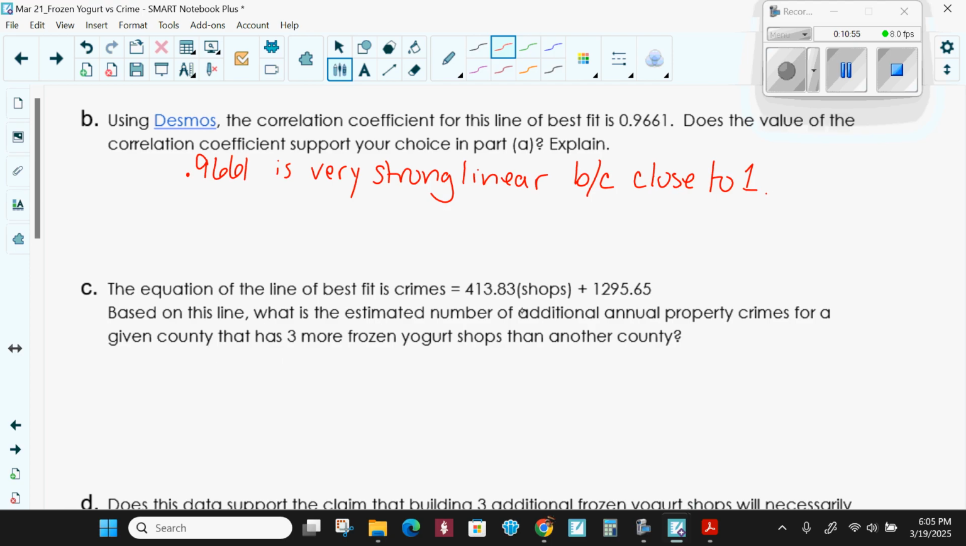Okay, this is the equation, they said. Based on this line, what is the estimated number of additional property crimes for a county given that 3 more frozen yogurt shops than other counties? Okay, so if we put 3 in here is what it's asking for. So we're looking at